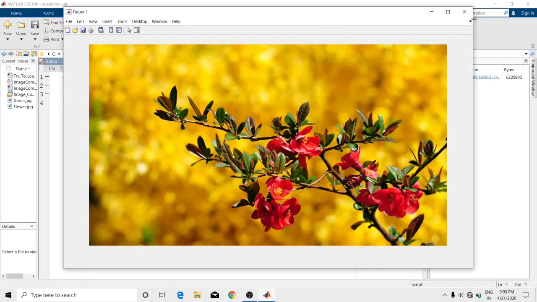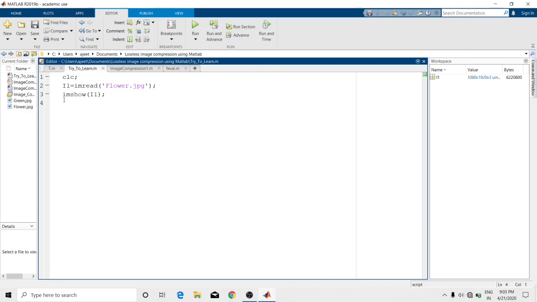Okay, so this is our original image picture. Now I want to print the size of this image also. To fetch the size of the image, I can use the function dir. I can go in the directory and after that I can use the function bytes. The directory will read the flower.jpg and this information will be stored in this variable, and the bytes function will find the size in bytes, and I have divided by 1024 to convert to kilobytes.